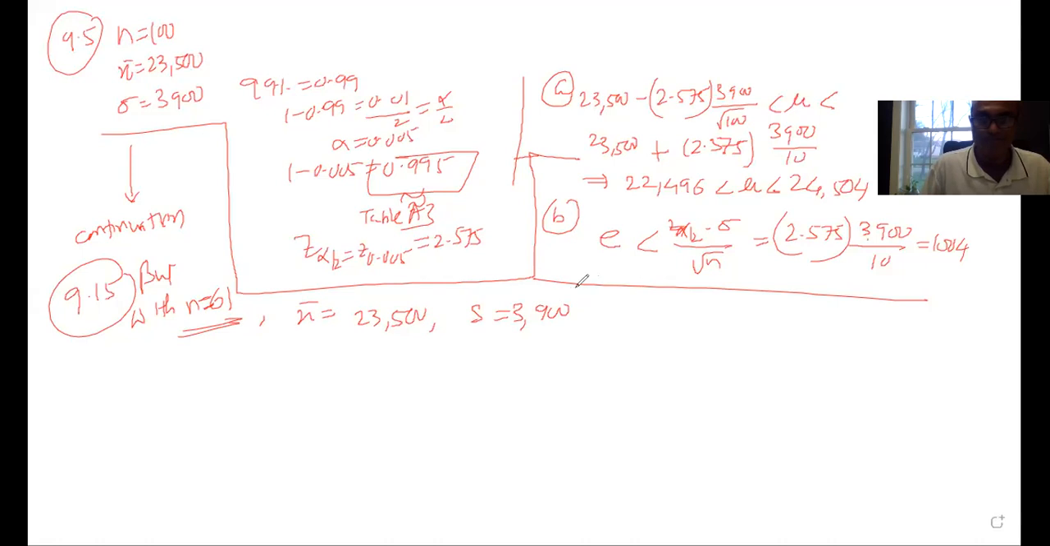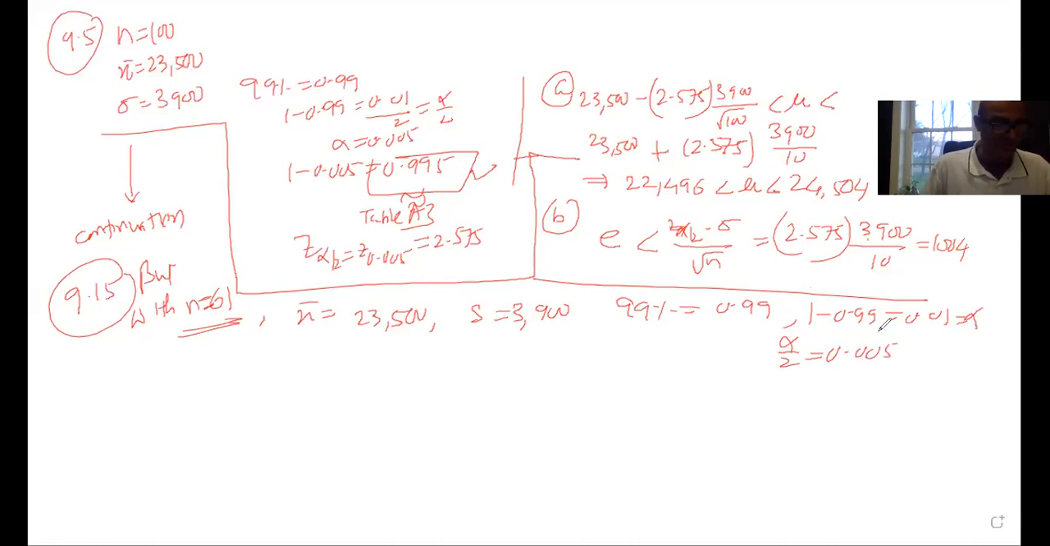So 99% will remain exactly the same over here. 99% is equal to 0.99. So 1 minus 0.99 is equal to 0.01. That is equal to my value alpha. Alpha by 2 equal to